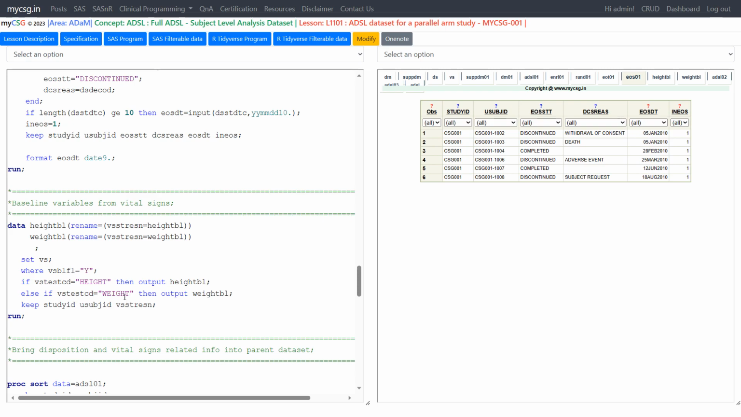weight. So for both height BL and weight BL, we were asked to use the records where VSBLFL is equal to Y. So I am directly filtering it. And then for height, I am checking for VSTESTCD is equal to height and outputting that record to a dataset called height BL. And then for weight BL, I am checking whether the VSTESTCD is equal to weight and then outputting the record